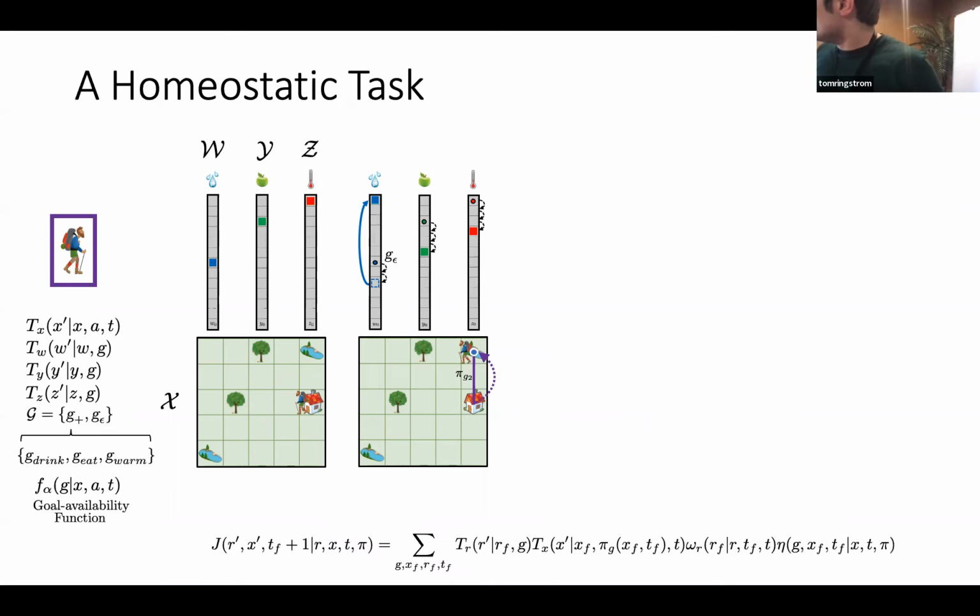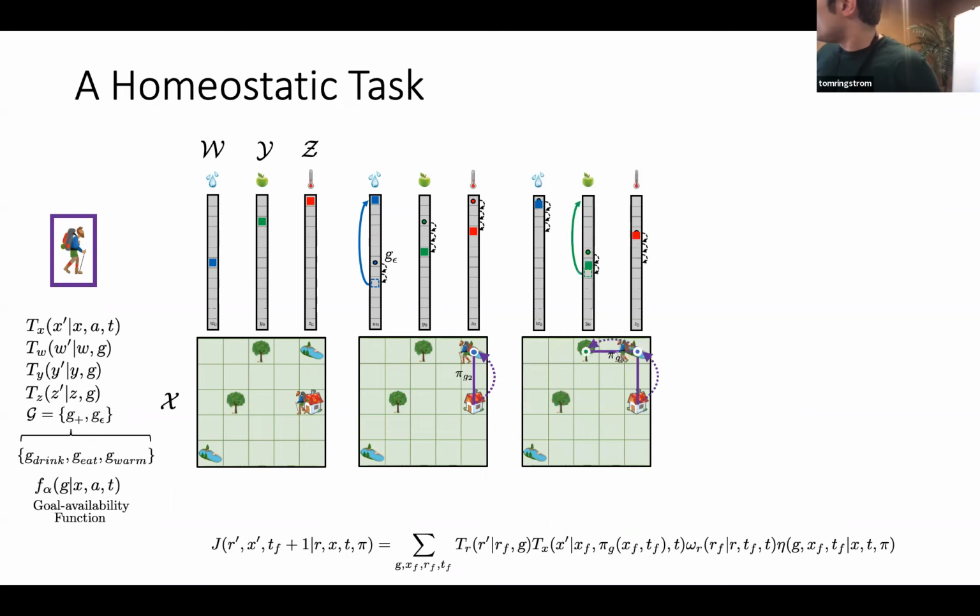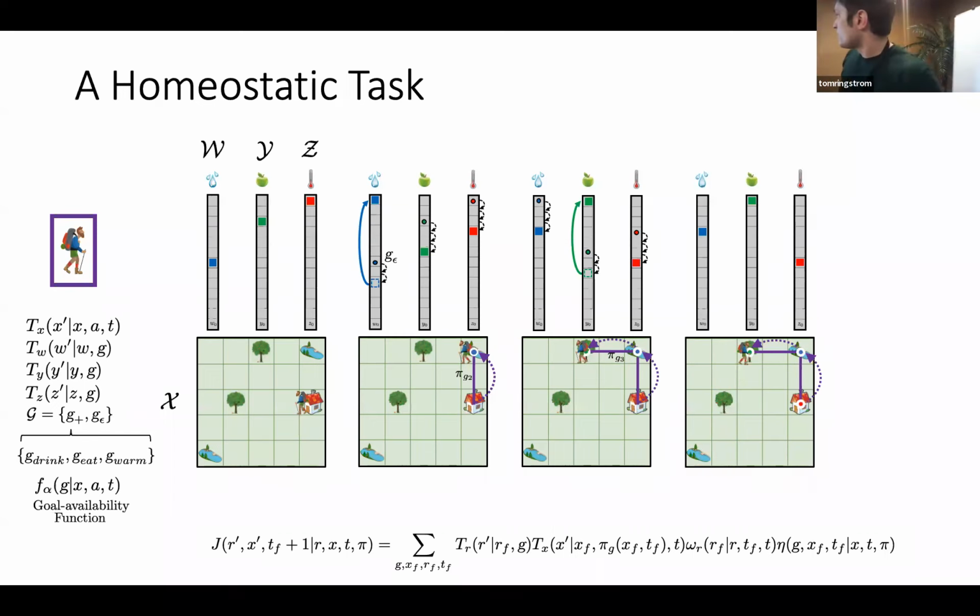Okay, so now the agent is going to want to eat, so it goes over to the apple tree. And you can just get an updated dynamics just from sampling from the operators here. This is under pi G3. Then the agent's going to want to return home, and gets home, and now the hiker is warm. So this would be the final state vector of just following pi G2, pi G3, pi G1. So it's like an open loop plan.